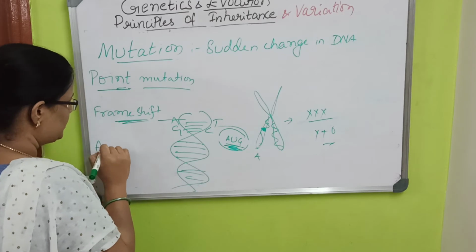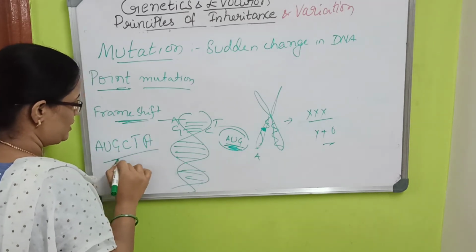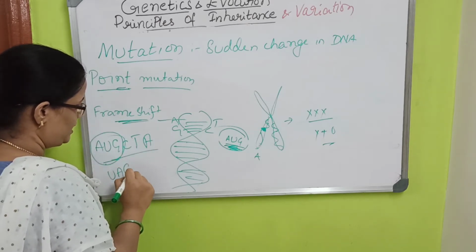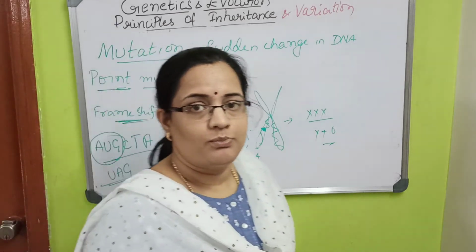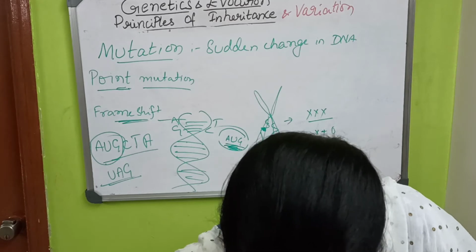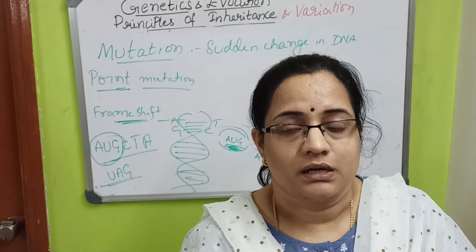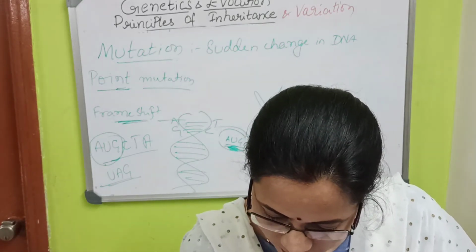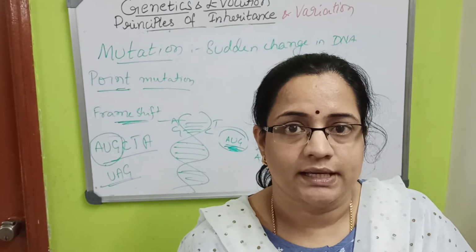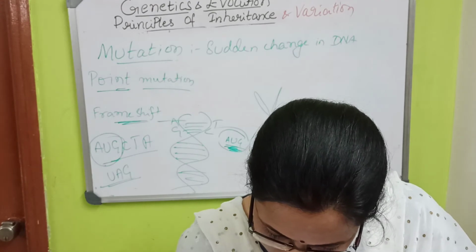Suppose on DNA the codon A, U, G, C, T, A comes like that, then the complete sequence changes and another codon will come, and it will be a frame shift mutation. This is causing several things, even chromosomal mutation. The example for chromosomal mutation is Klinefelter syndrome, which is caused by a mutagen. The disease causing agent is called a mutagen, which was discovered due to X-rays.